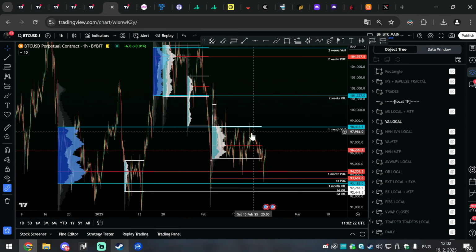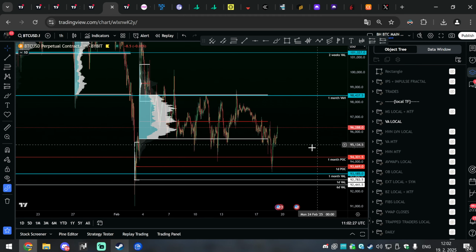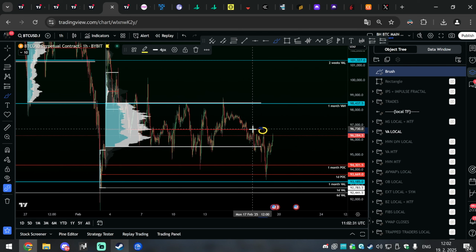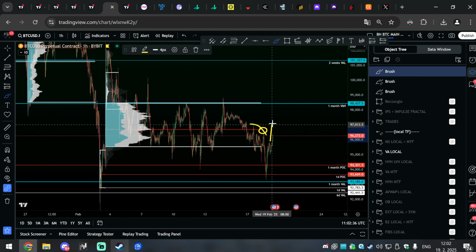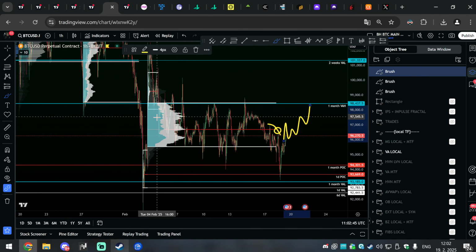So AMT is very clean here. As I'm long from these areas, now what I want to see from Bitcoin. We already saw a reaction from the point of control. All I want to see now is Bitcoin moving beyond these two highs, yes, taking them. Maybe we do a swing failure pattern and then do some nice range, and then ideally rotate the 1 month range. This one is also aligning with the 2 weeks range. So this is the most important range for you more locally. So I will be aiming definitely, if I see some signs of strength, finally to see rotation of this range.